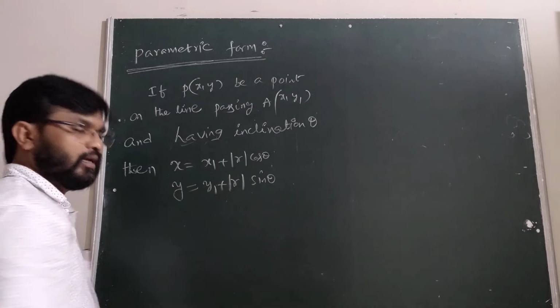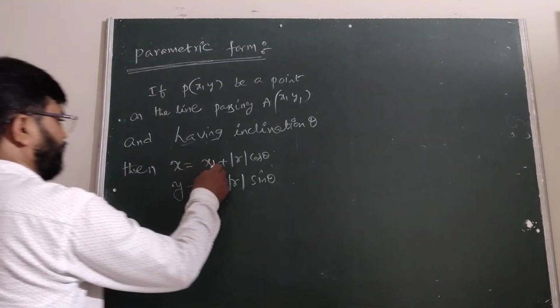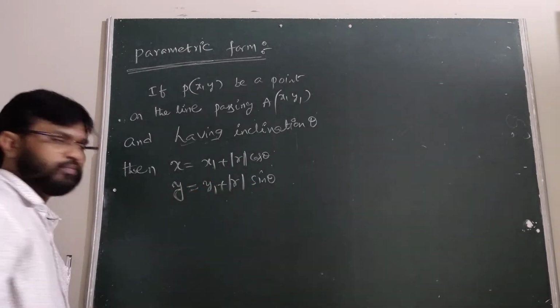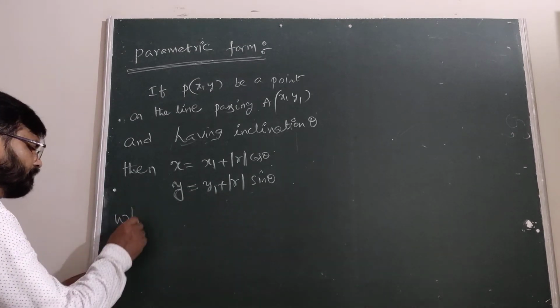These are called the parametric equations of the line. Small x equals x1 plus mod r cos theta and small y is y1 plus mod r sin theta, where mod r is